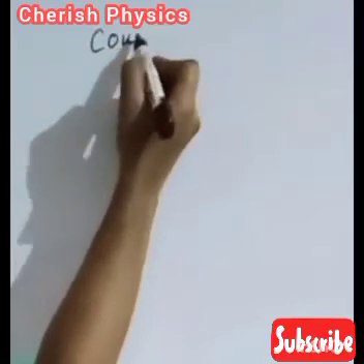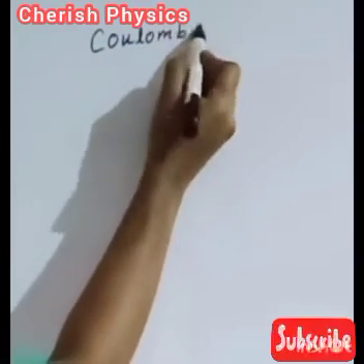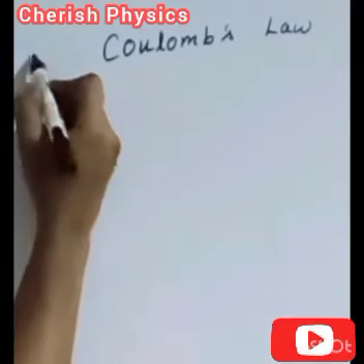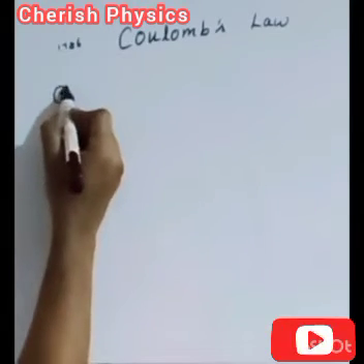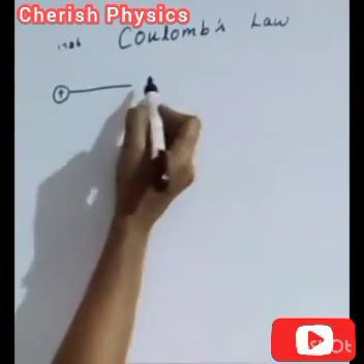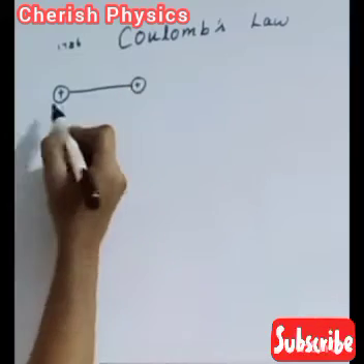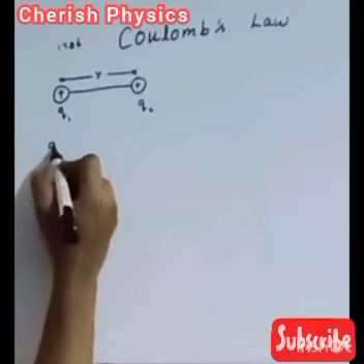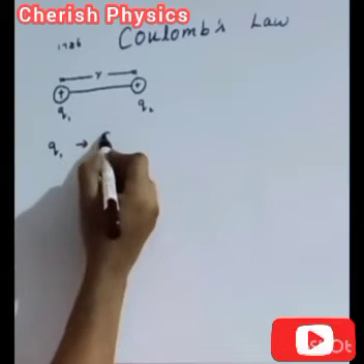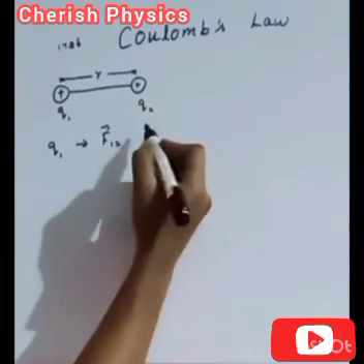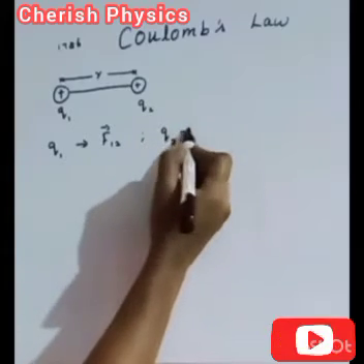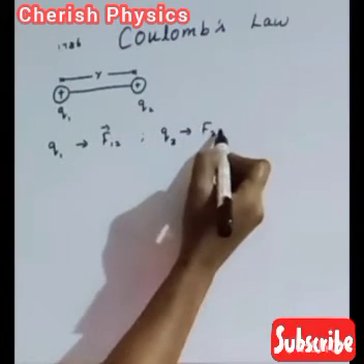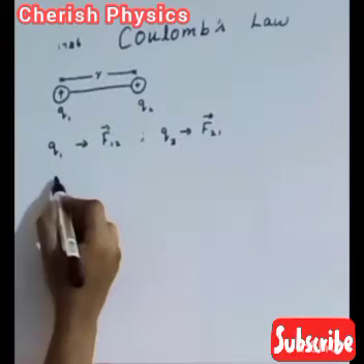Let us see Coulomb's law. In the year 1786, Coulomb deduced the force between two stationary point charges in vacuum or free space. Let Q1 and Q2 be the two point charges at rest in vacuum, separated by a distance r. The charge Q1 experiences a force F12 due to the charge Q2, and similarly Q2 experiences a force F21 due